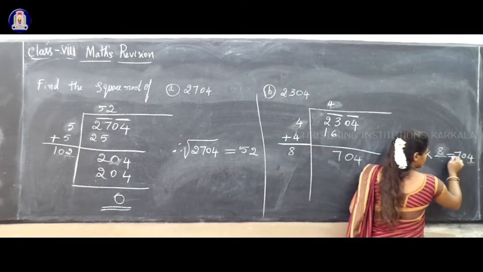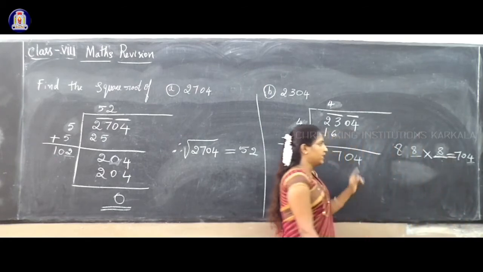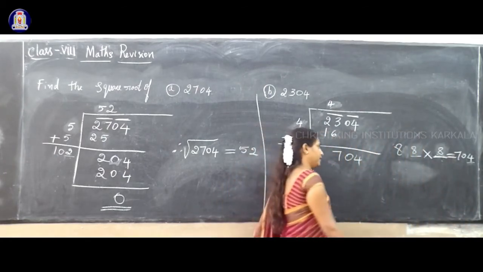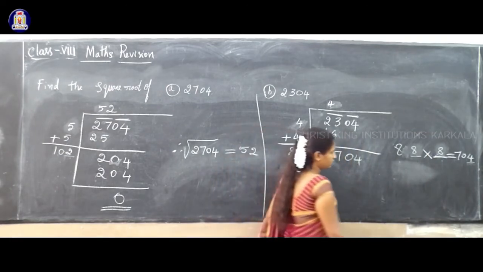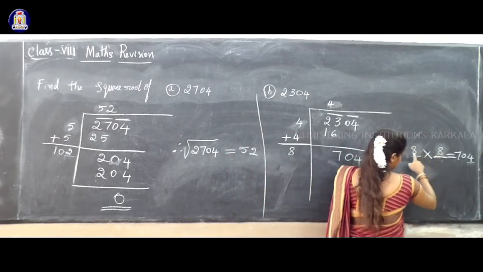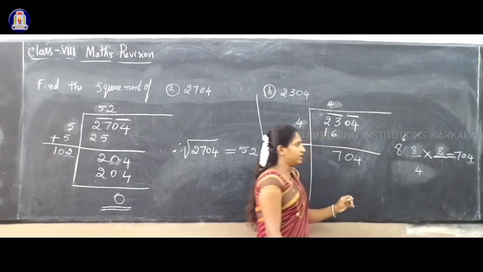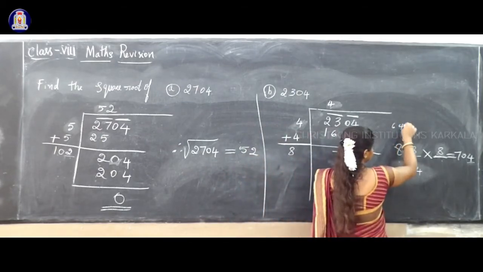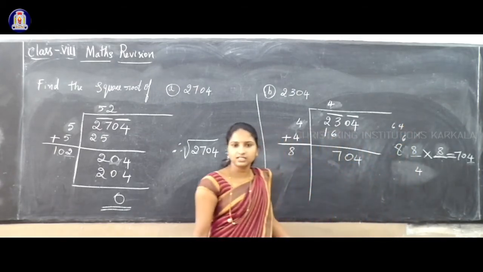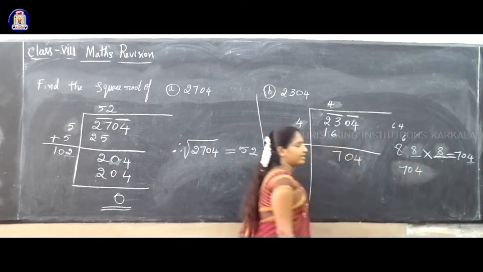I think this number is okay, isn't it? So if you write 8, what happens? You can check 8 into 8. Multiply 88 into 8. Clear? 88 into 8 means 8 8s are 64. Remaining 6 are. Again multiply 8 8s are 64. 64 plus 6 is 70. So the answer is 704.